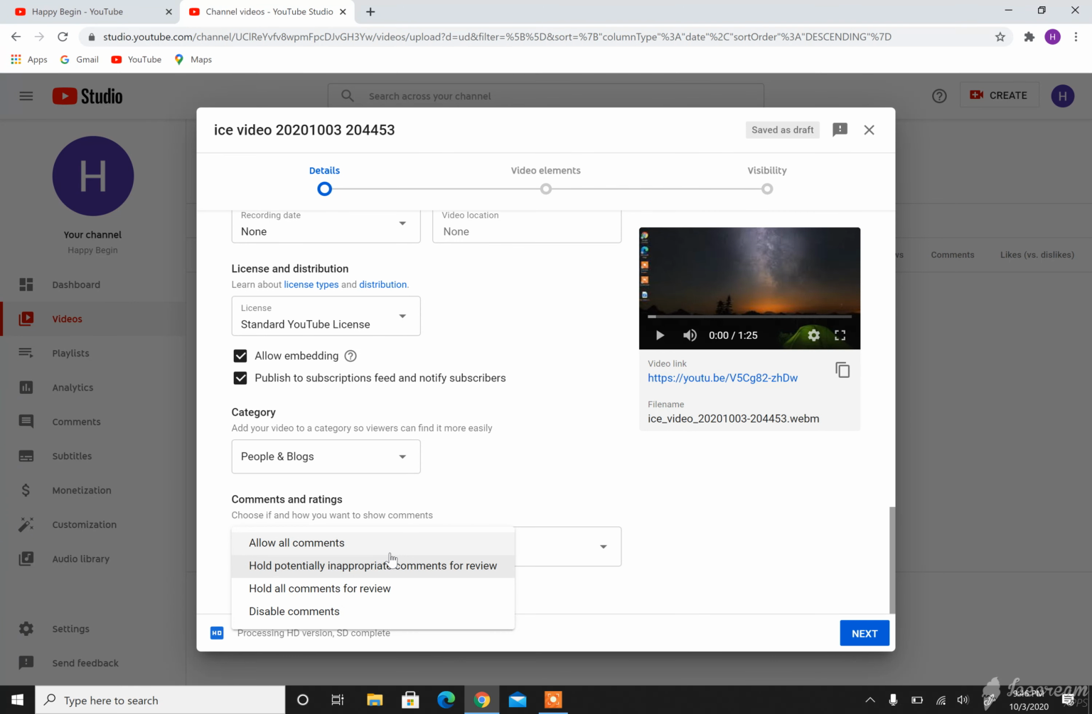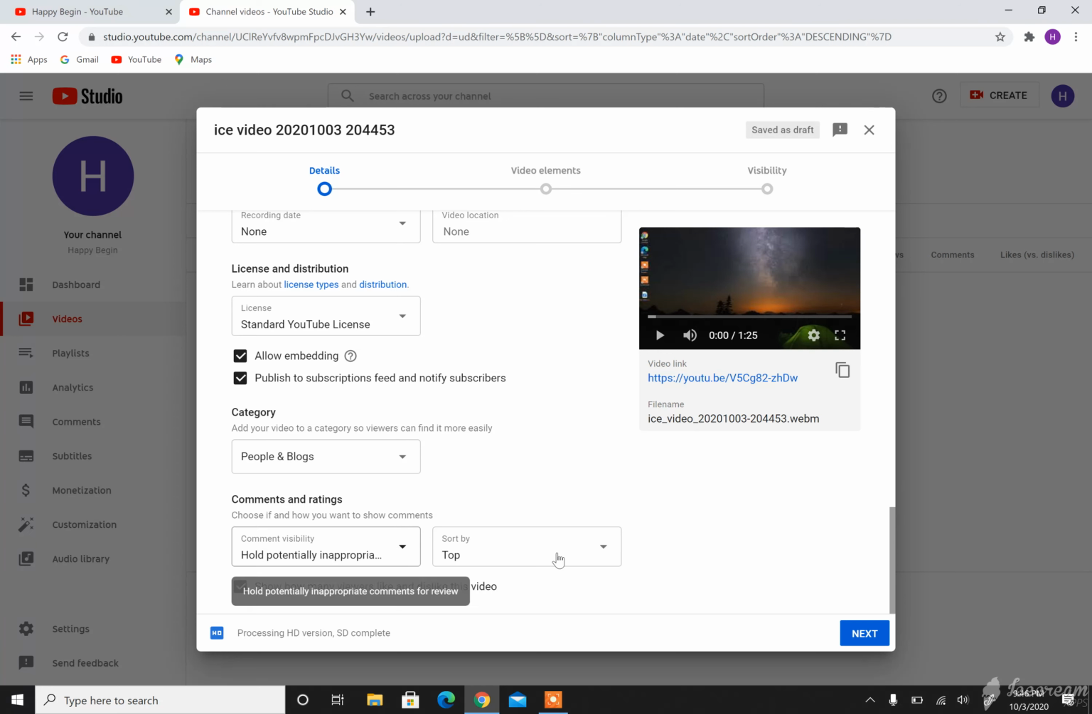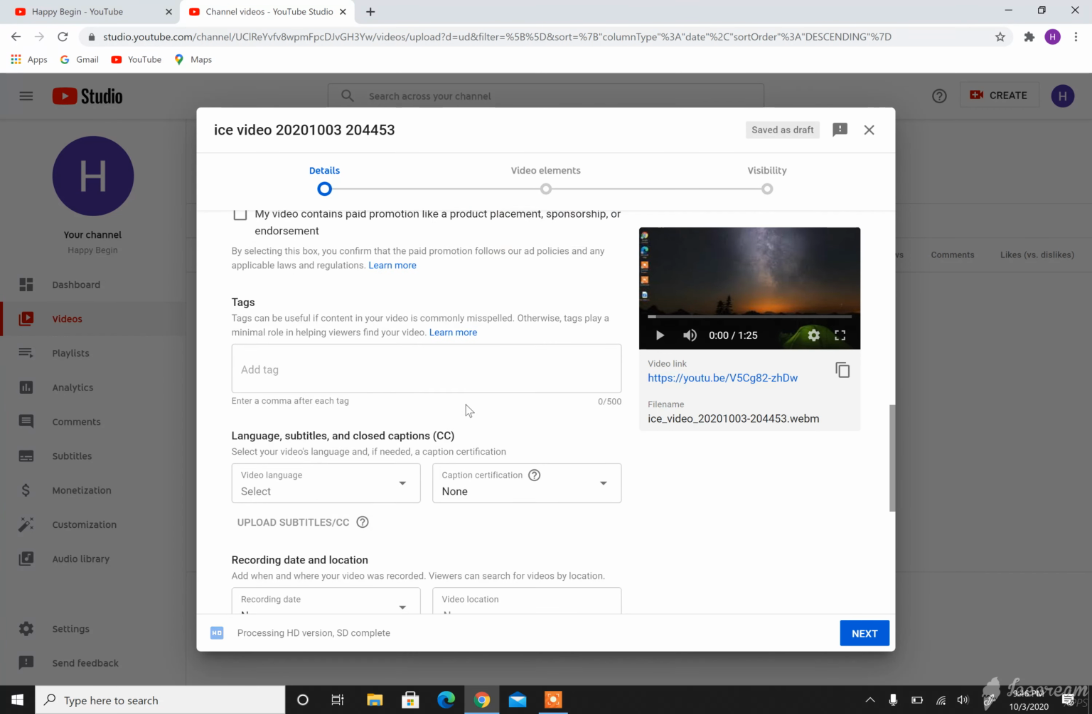you can actually control everything, and you can hold or disable comments. You can put hold potentially inappropriate comments for review, as you can see here. Once you are okay with everything here, just hit next